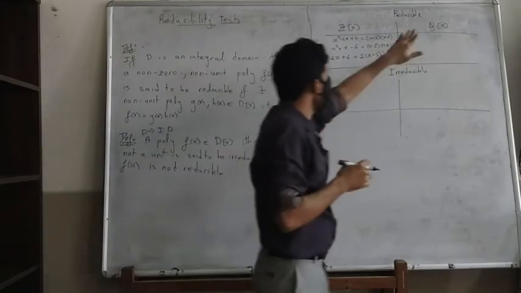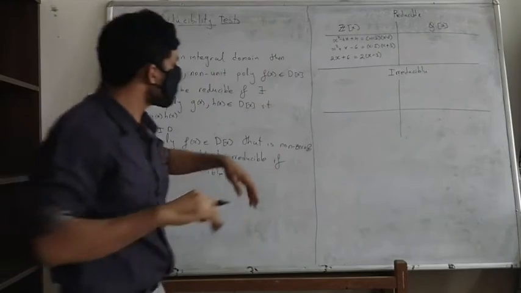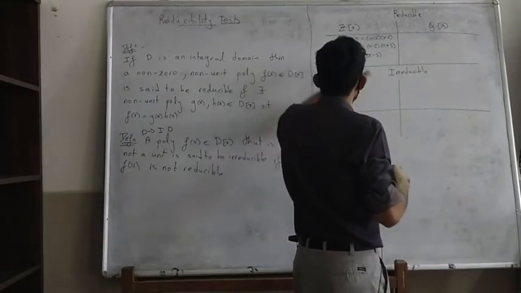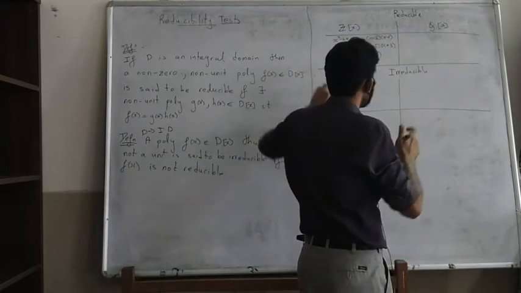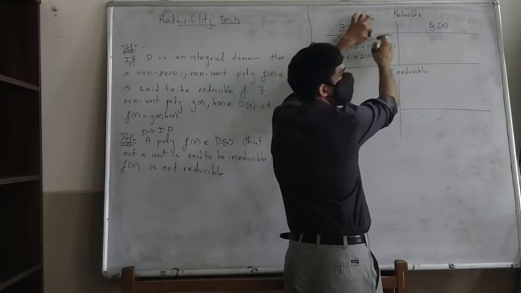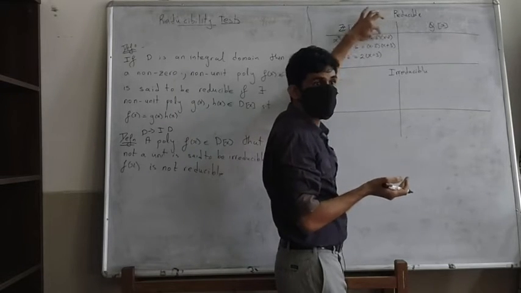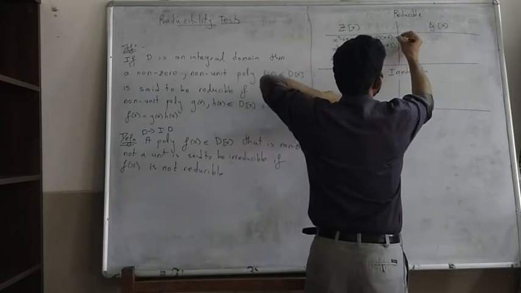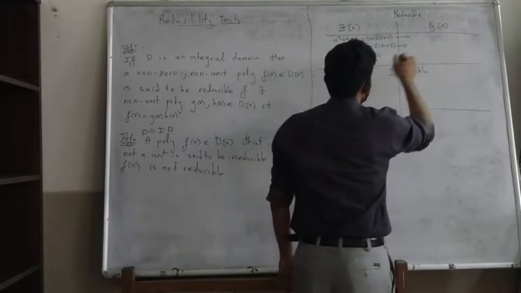Okay, now let's look at Q. In Q, everything that is reducible here need not be reducible here. Let me show you. This is going to be reducible in Q also, right? Because this is a polynomial in Q. I am breaking it down into 2 non-units in Q. These are both non-units in Q, right? x minus 2 is not a unit, x minus 3 is not a unit. So this is also reducible in Q. This is also reducible in Q.